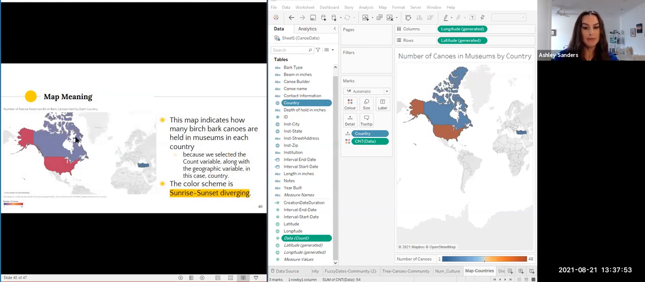So the map on the left here in the slides is the sunrise sunset diverging palette. So it's a different color palette than the one here in these slides. Either is fine, or the shades of blue. Again, just double check to make sure that the color palette is accessible. So this map indicates how many birch bark canoes are held in museums in each country. And because we selected the count variable along with the geographic variable, in this case, country,